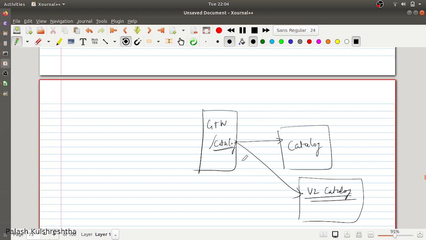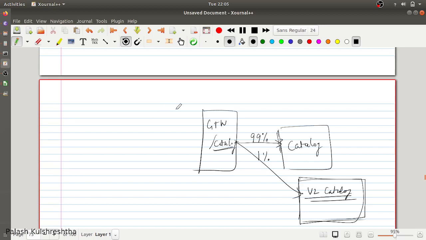For example, if you want to roll out completely, then you can just change configuration in your gateway, and it will point to V2 catalog. If you want to do a percentage-wise rollout, you can route 99% of your traffic to the old catalog service and just 1% of traffic to the new catalog service, and you can monitor it. That way, it is going to be a controlled rollout of your new changes.